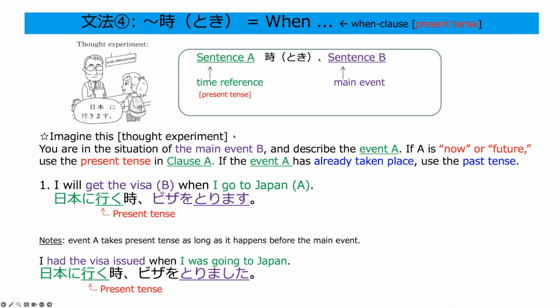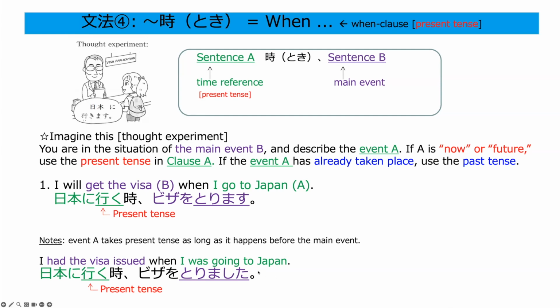The reason is basically the same as in this thought experiment. Okay? Imagine you are getting a visa. Just forget about the tenses here. Just think about the action. You are imagining main event B, getting a visa. Then going to Japan has to happen in the future from this point. So in a Japanese sentence, we are supposed to use the present tense. 日本に行くときビザを取りました。